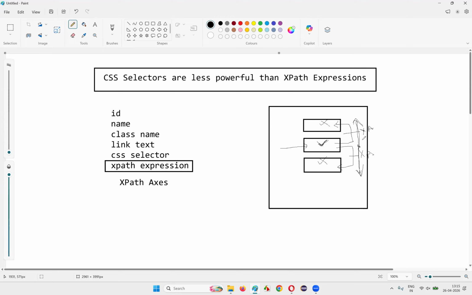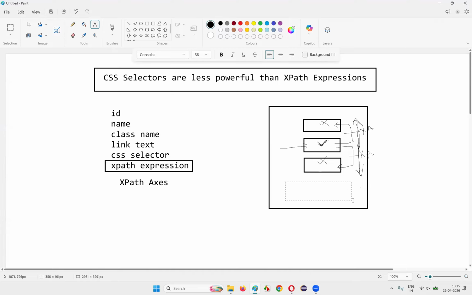In two directions you can navigate, either to the top or to the bottom. This is what XPath expressions offer, okay? With the XPath axis concept, we can either go upside or go downside. In XPath expressions, with the help of XPath axis, this kind of scenario is possible where you can navigate in the up direction,